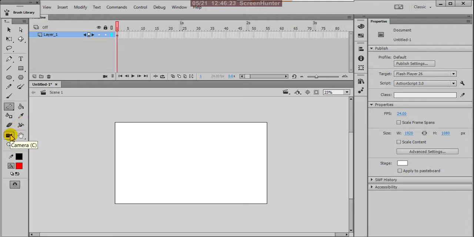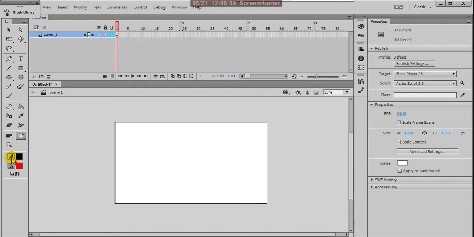And here is a camera tool. This is very new to you, because in Flash also the camera tool is new. Long back, the previous old versions didn't have this camera tool. So now they have included it. And here we have the hand tool, rotation tool, and time scrub tool. These are the tools included. And here there is a zoom tool, zoom in, zoom out.